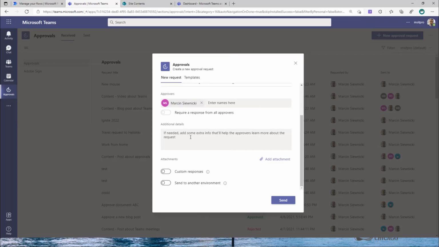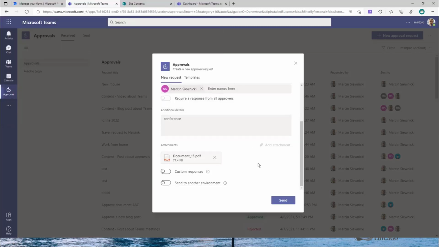I can add some additional details to this approval. Let's say conference, and well, I can add an attachment. Currently only one attachment. I can choose from OneDrive or upload it from my computer. This one maybe 15. Great. And I can